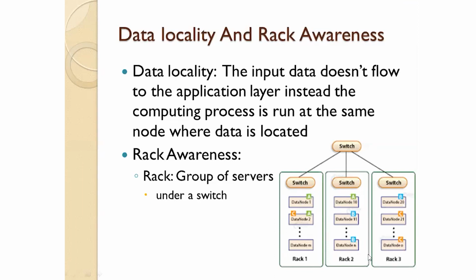So we have 3 racks here, and suppose we have 3 blocks in a file, consider A, B, C. So as we know, the replication factor in Hadoop is 3. So 3 copies of A are created, 3 copies of B are created, 3 copies of C are created. But where to place these copies? Do we have to place these copies in a single machine or single rack, or how to keep this